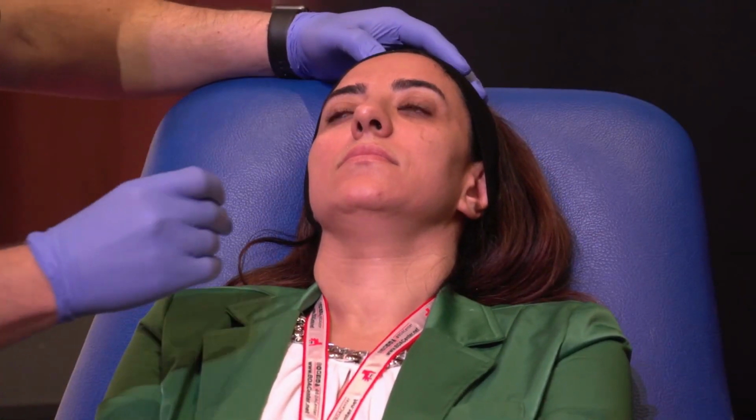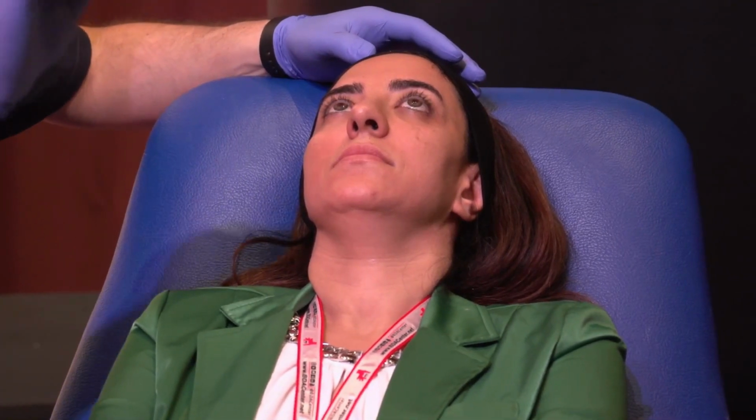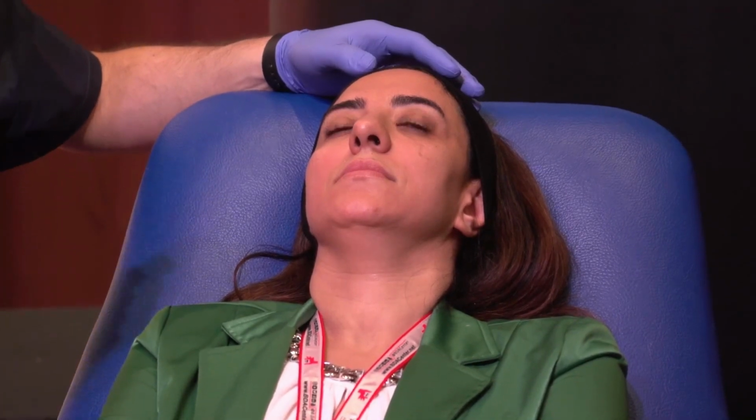Okay. So even after the nurses sterilize the mouth or the lips, I usually do it myself